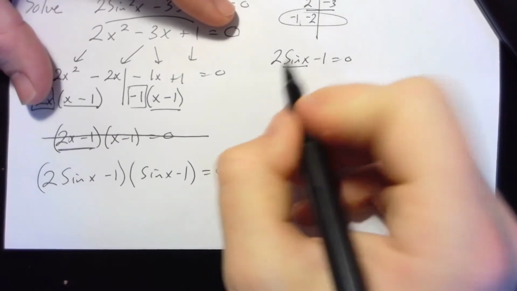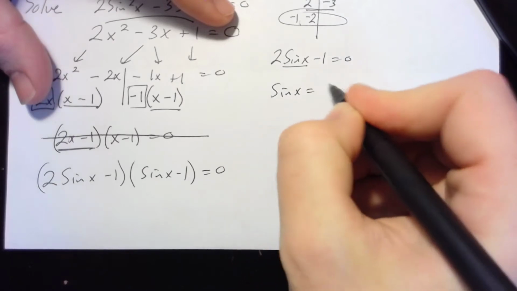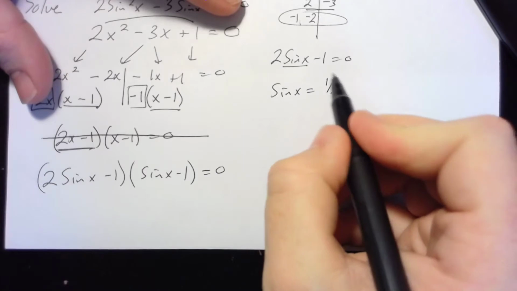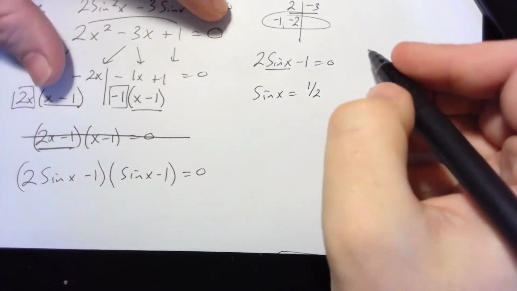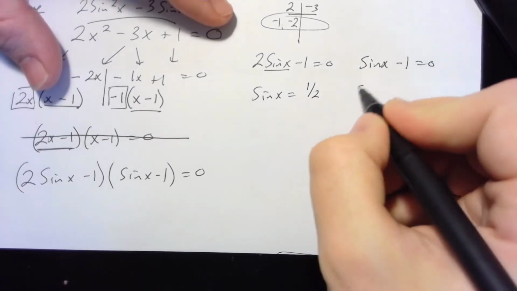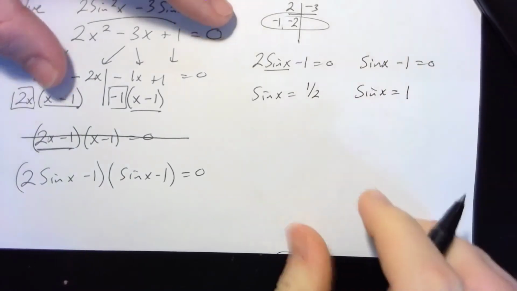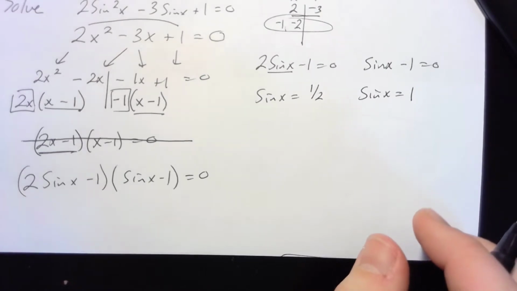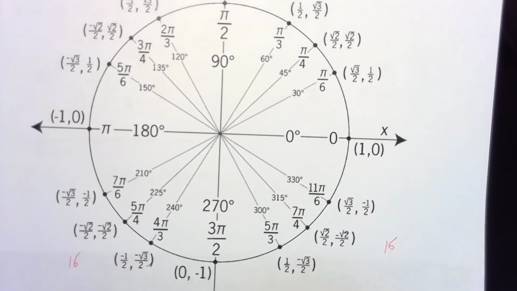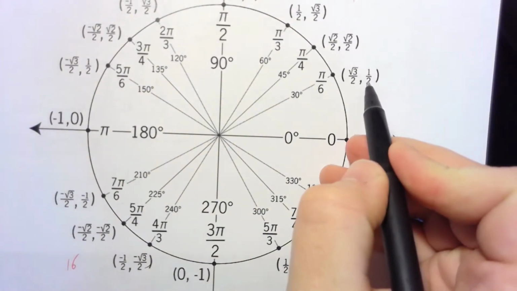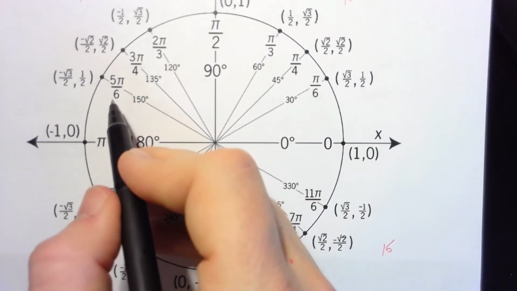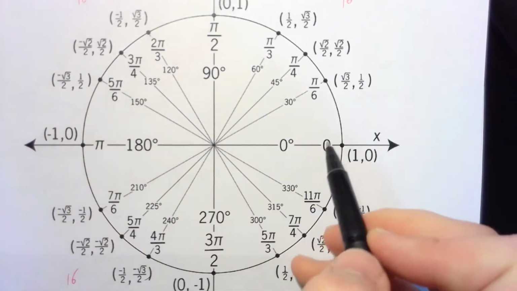So I will add 1 and then divide by 2, giving me sine of x is equal to 1 over 2. You'll notice that in this case, I'm looking at the unit circle to find the values where sine of x equals 1/2. Don't forget the secondary piece where sine of x minus 1 equals 0. That's going to give us sine x equals 1. So again, one more time, based on these two situations, we're going to return to the unit circle. We're going to find the locations where my sine function is equal to 1/2, which is going to be pi over 6, as well as 5 pi over 6. And we're also going to find out where the sine function happens to be equal to 1,